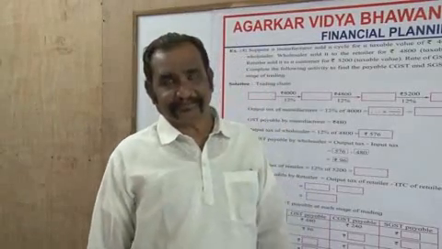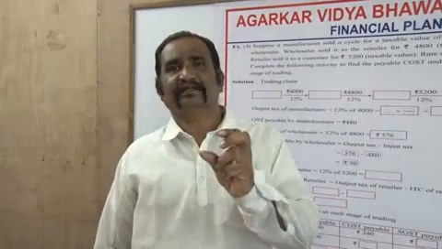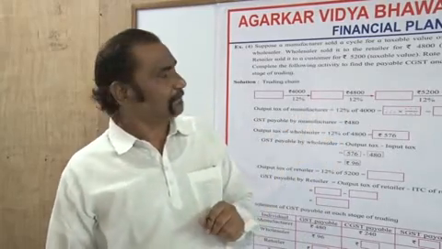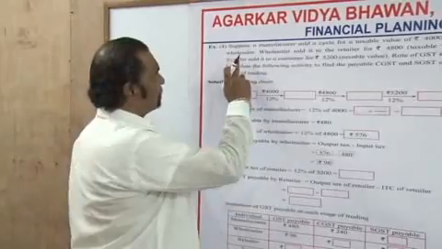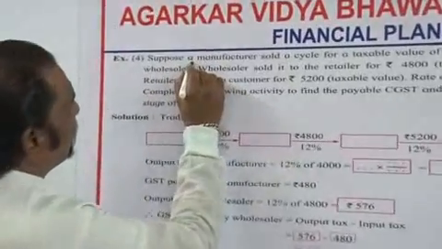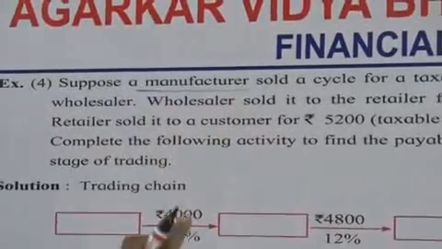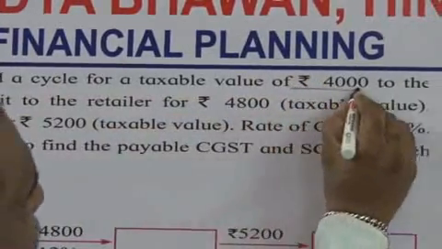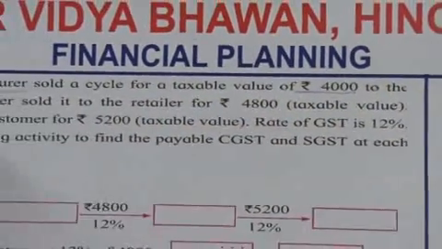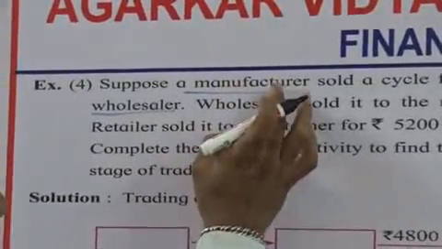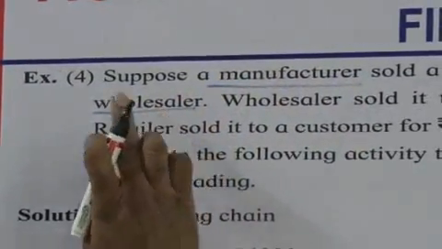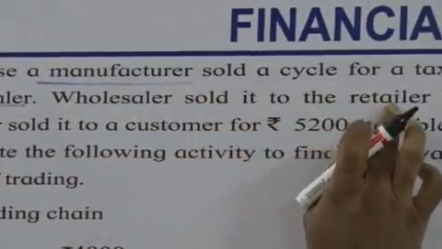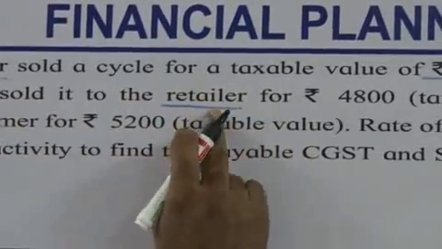Let us see one example. The example is based on just what we have seen in the previous activity. First of all, I read the example. Suppose a manufacturer, again I will underline four important words, suppose a manufacturer sold a cycle for a taxable value of rupees 400 to the wholesaler. That is the second important word. The first transaction will be between manufacturer and wholesaler. Now what is the wholesaler doing? The wholesaler sold it to the retailer, the third important word, retailer, for rupees